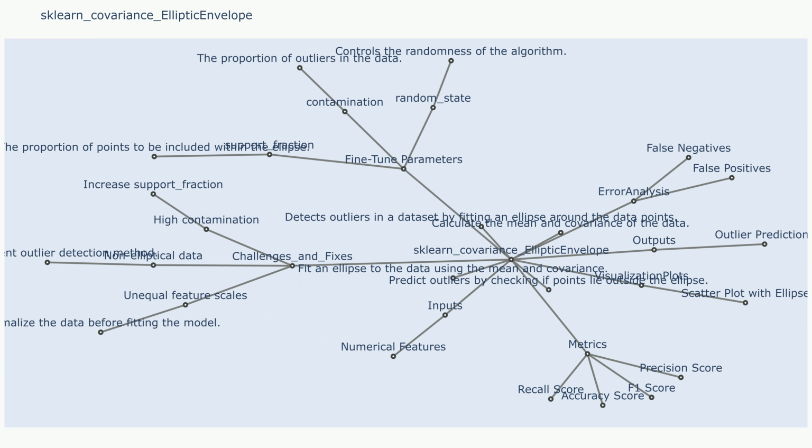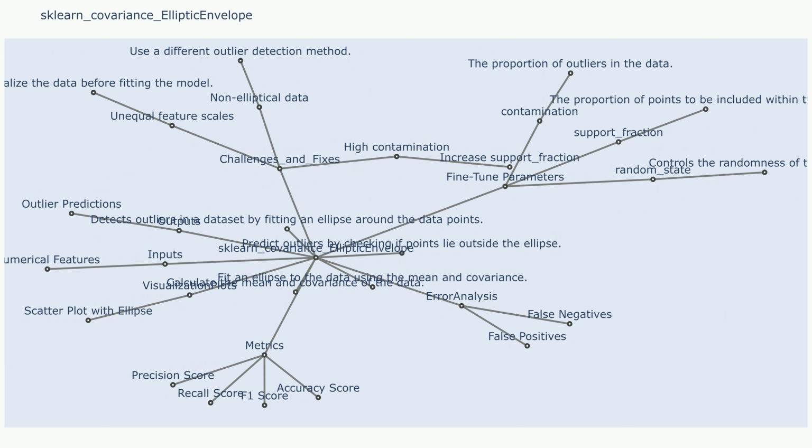Outputs. Outlier scores. The outlier scores for each data point. Higher scores indicate a higher probability of being an outlier. Labels. A list of outlier labels for each data point. Each label is either 1 for outlier or -1 for inlier.